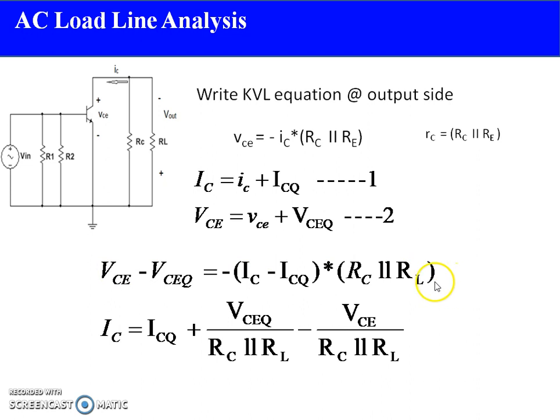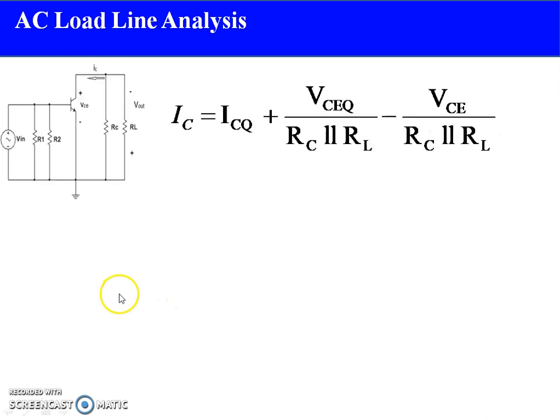So if I further simplify this expression, I can write down the entire expression this way. IC is equal to ICQ plus VCEQ divided by rc parallel RL, minus VCE divided by rc parallel RL. So this is the final expression before computing the cutoff point and saturation point. From the previous slide, I can take this equation as it is. Now I need to find the cutoff point and saturation point in a similar way as we computed with the DC load line. So in the DC load line, to find the cutoff point, I need to keep IC